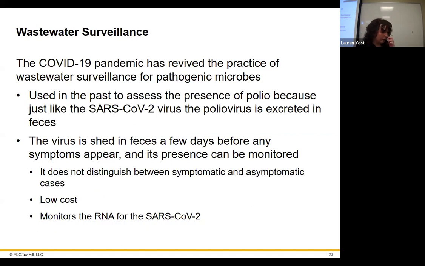Okay, so we have to survey our water to see if it has any bad stuff in it. So we did have to start monitoring COVID. When we realized that there was COVID in waste, they started having to figure out a way to filter it out. Luckily, they had a plan in place from poliovirus. Poliovirus is a much, much smaller virus.